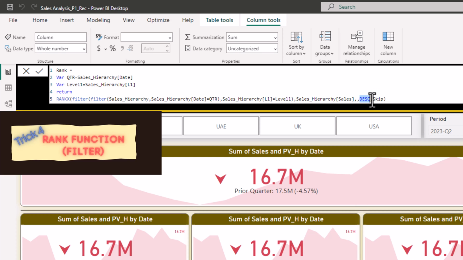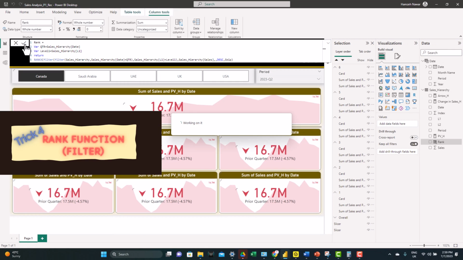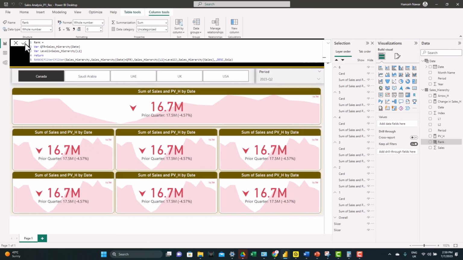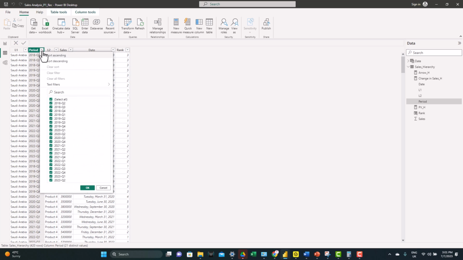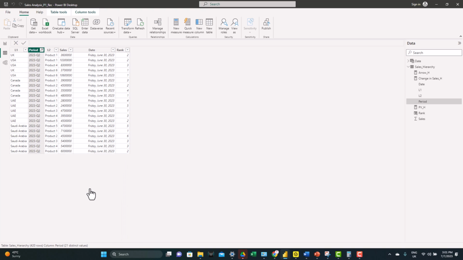So let's apply, and let's go to the table, see how it looks. We have the rank column added. Let's filter the table for one period. For example, let's select Q2 2023 and look into one country, for example Saudi Arabia.